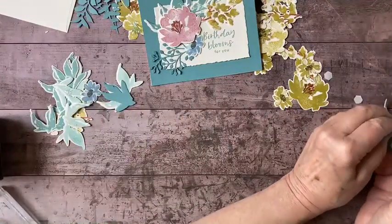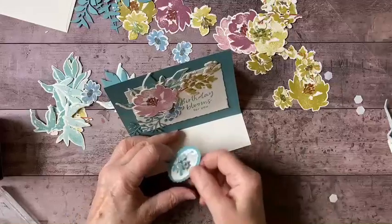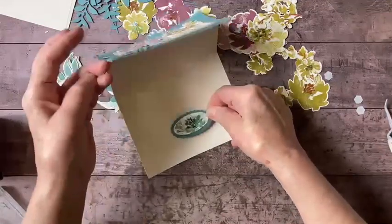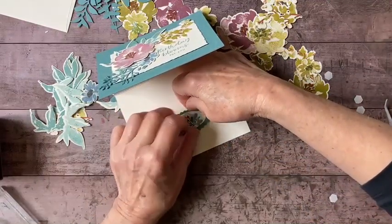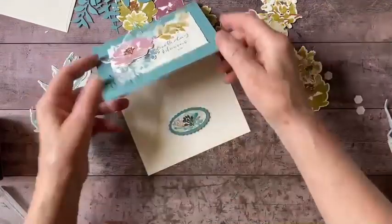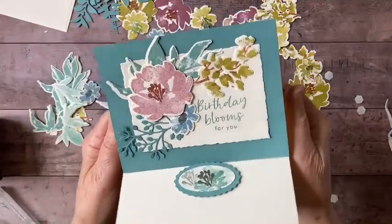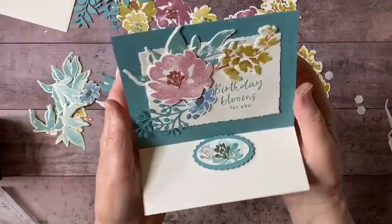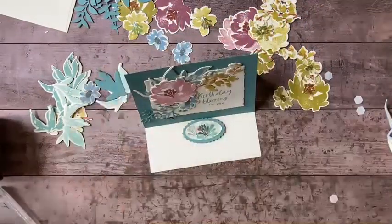Peel off those backings. Add my stopper, and I want to get this right in the center. I'll get my fingers out of the way so I can see what I'm doing here. Okay. And now your card will prop up so that somebody can put it on their desk or their shelf or their mantle or whatever. So that's my very pretty card to share with you today, featuring the textured floral